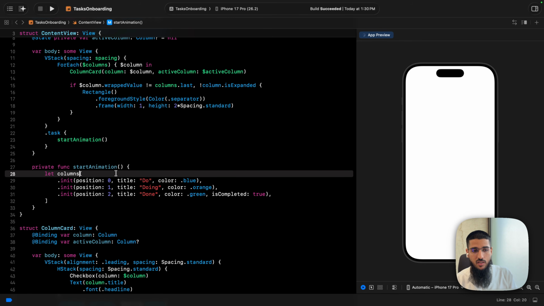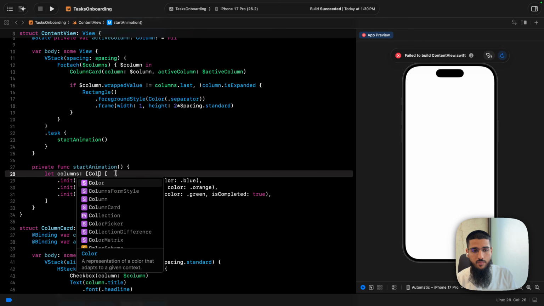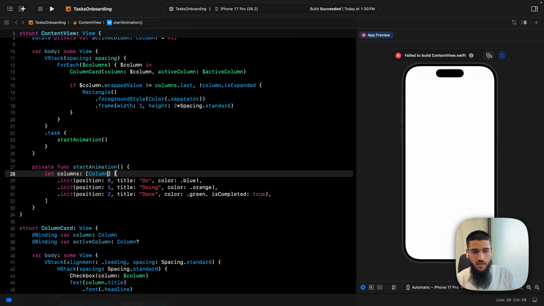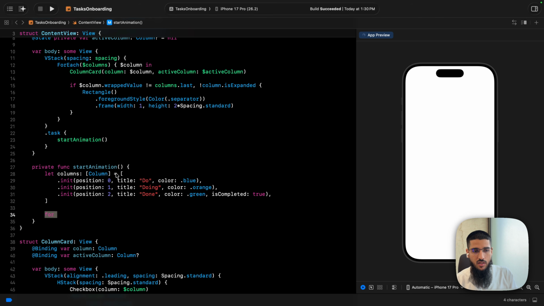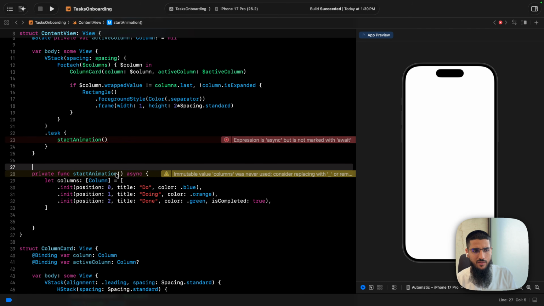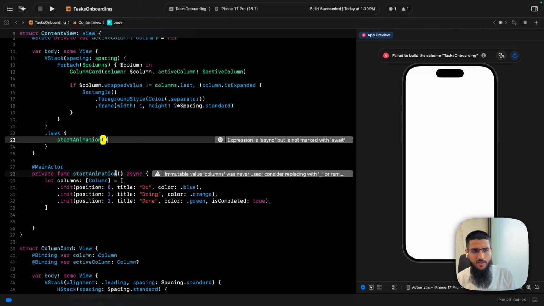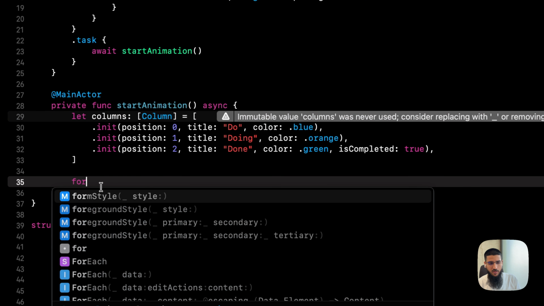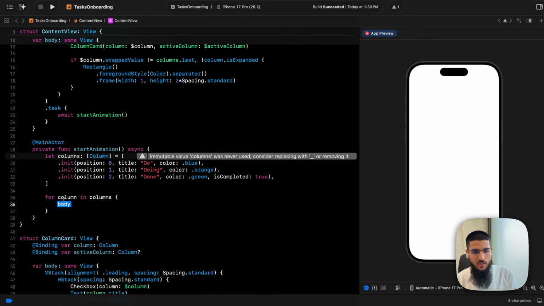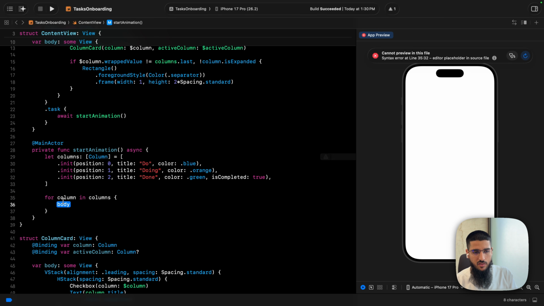Let columns, okay, and column. I'm going to loop over this array and add it one by one. So for, heck, I can make this async. Why not? Main actor. Wait. Perfect. Things work. So for column in columns, and then I'm just going to do